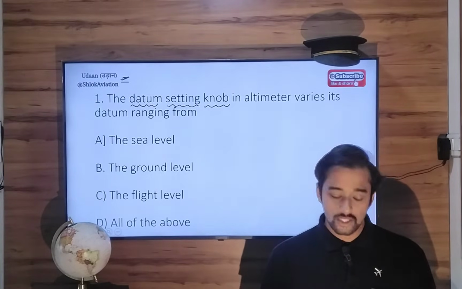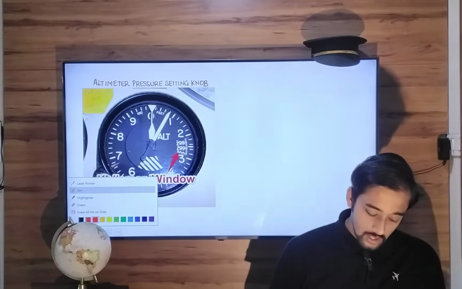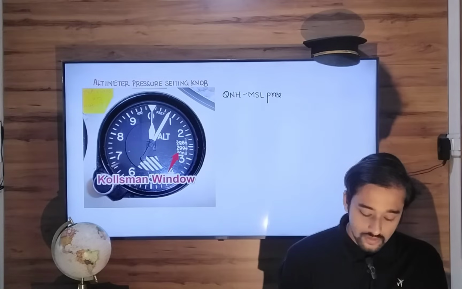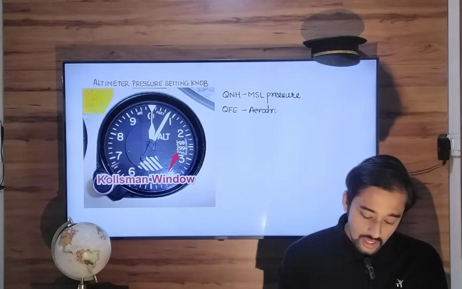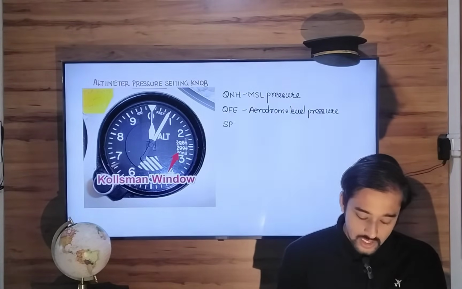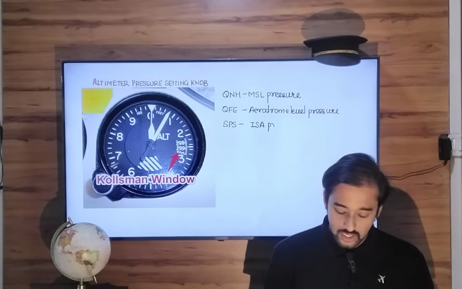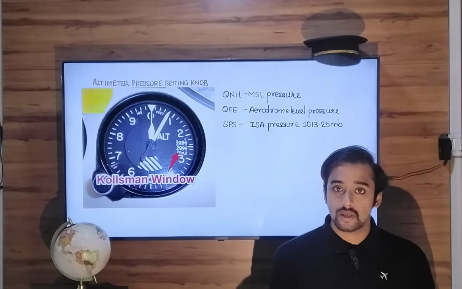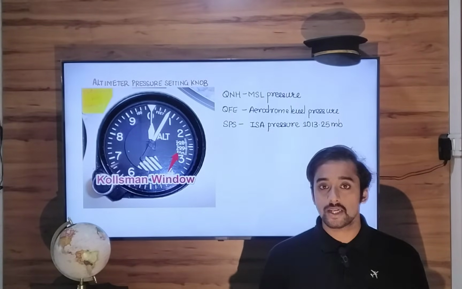Now, this varies its datum ranging from, in this altimeter setting window, you have the provision to put your QNH, which is your mean sea level pressure. You can put QFE, which is your aerodrome level pressure. You can put standard pressure setting, which is your ISA pressure of 1013.25 millibars, right? So you can put these three kinds of pressure in your altimeter pressure setting window, and depending on the pressure setting that you put,